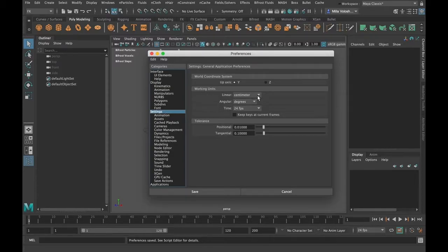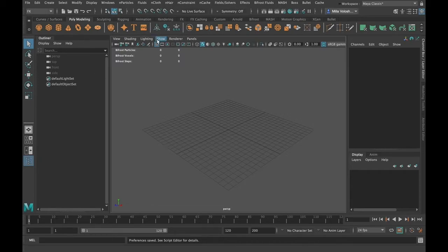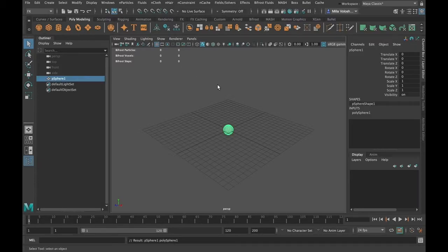Now, the working unit is set to centimeter. Bifrost basically ignores these working units and it works in meters. But just something to note here as we get into using Bifrost. Cancel out of that. Now, I'm going to just dive right into it by creating a sphere, just to show